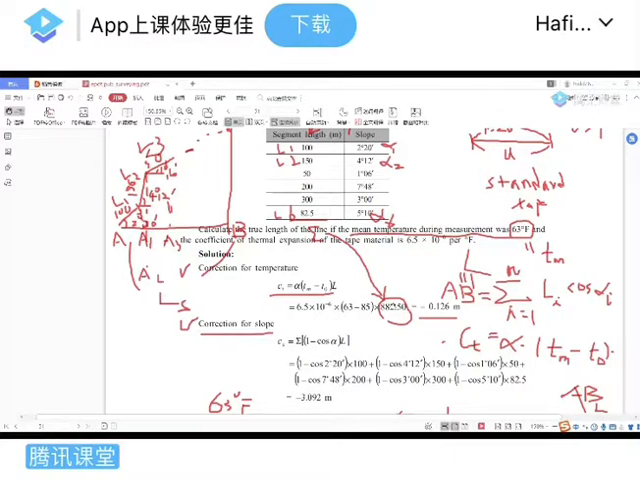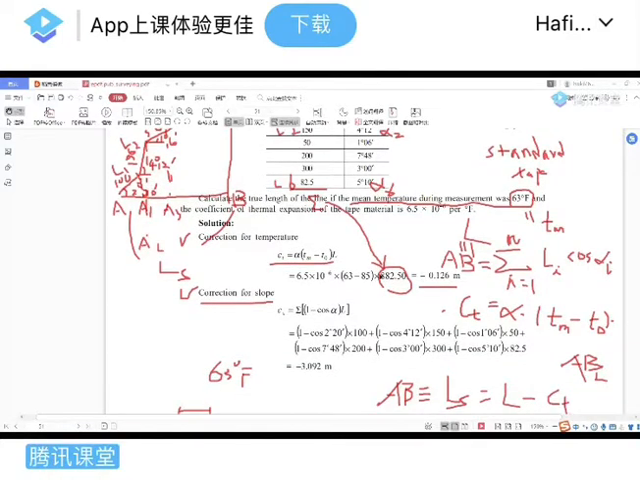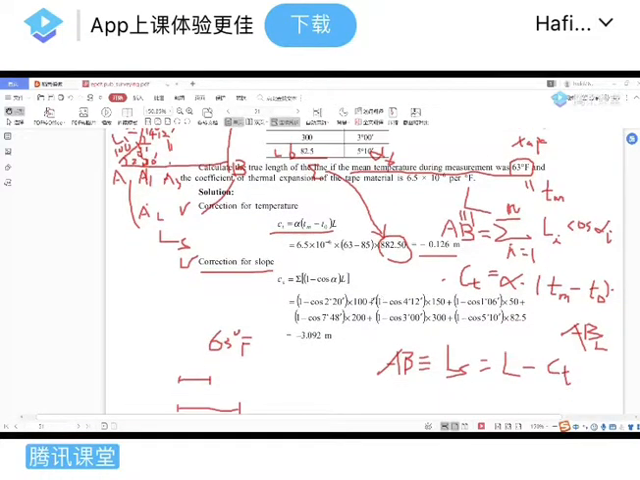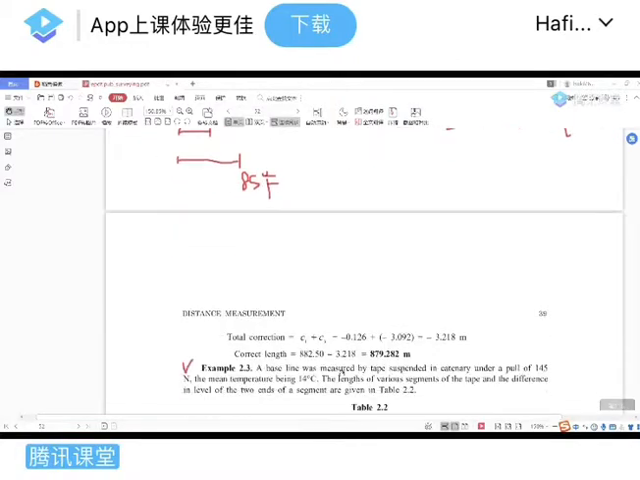But there are two errors in between. One is the slope error, the other is the temperature error. So you have to correct this one to the standardized one. The standardized one will be 879.282. Okay, so now I'm going to show you my approach to how to get this